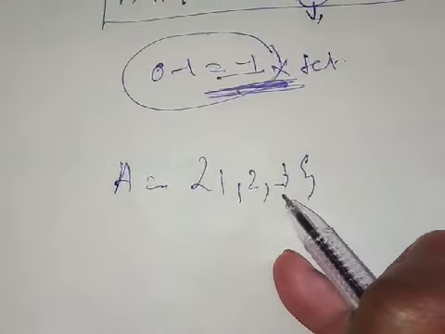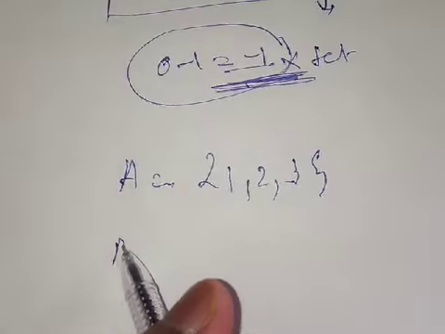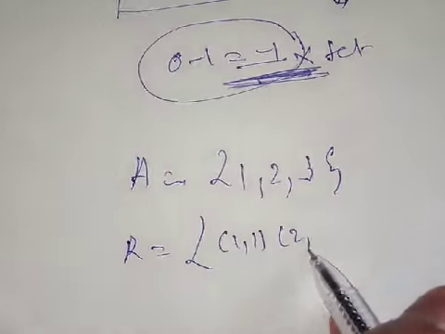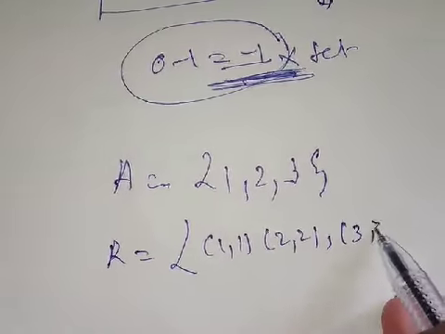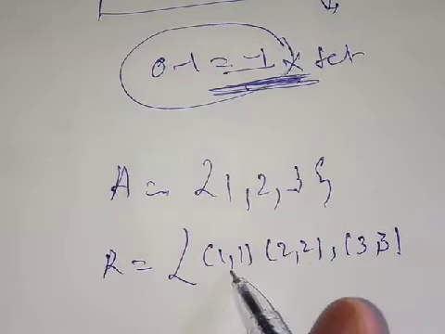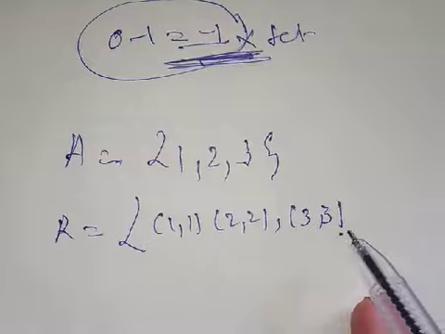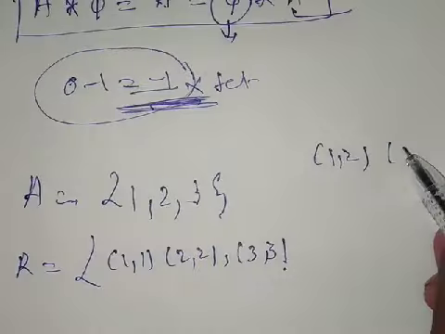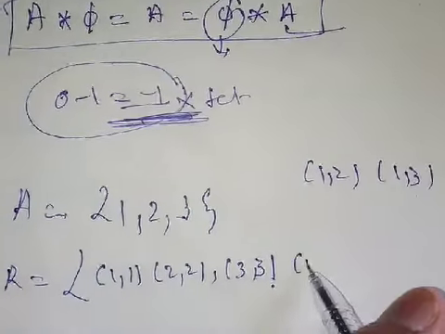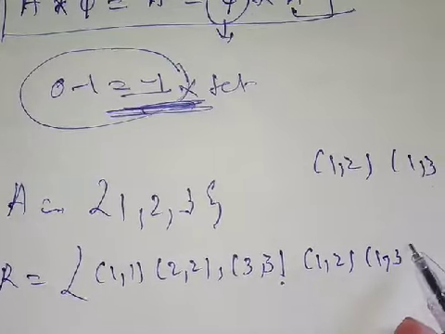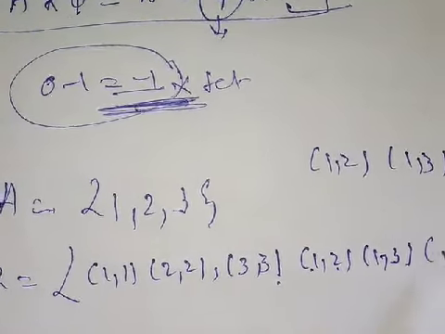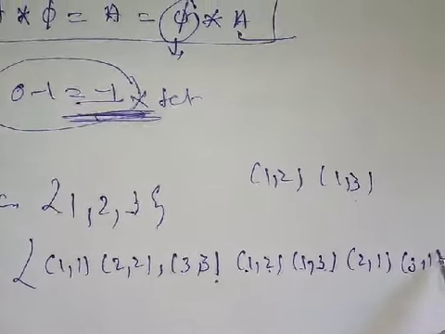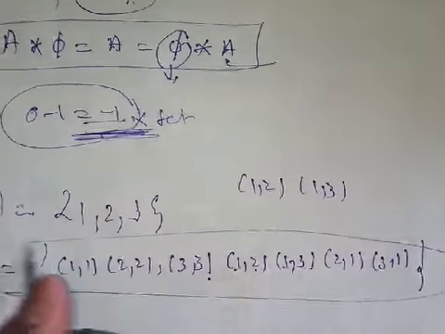Okay, I have to prove it is reflexive. So I have to take the relation R defined such that, if it is reflexive, (1, 1) should be there, (2, 2) and (3, 3). So if I take all these, it is proved that it is reflexive. Now what do I have to prove second? Symmetric, and (1, 2) and (1, 3) are given. If I include these, for symmetric the inverse of these should also be there, so (2, 1) I also have to include, and for (1, 3) I have to include (3, 1) also. Is it clear? So this is your relation R.